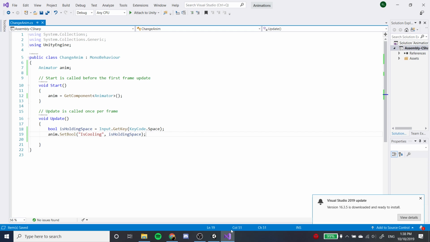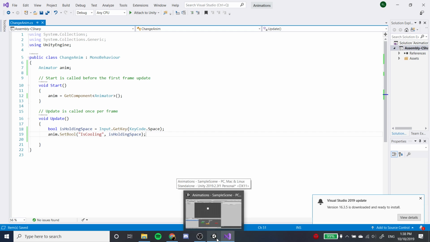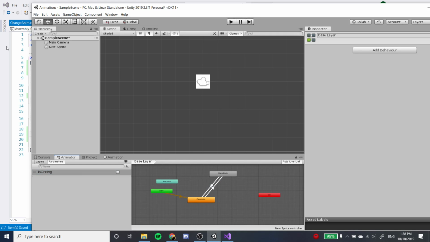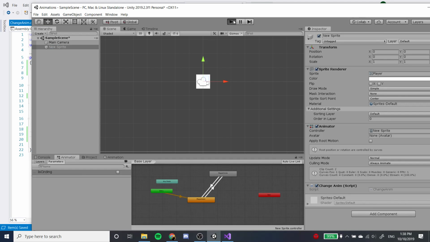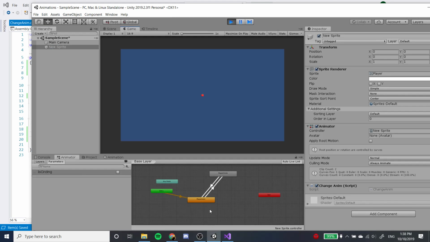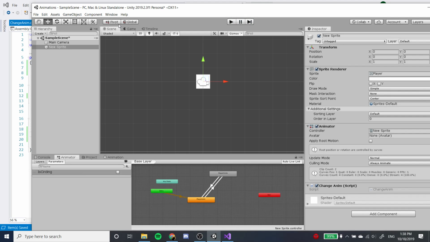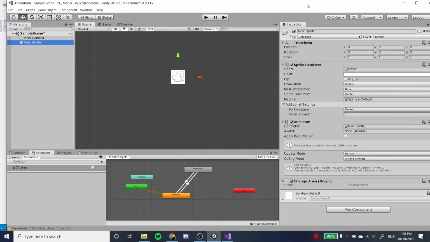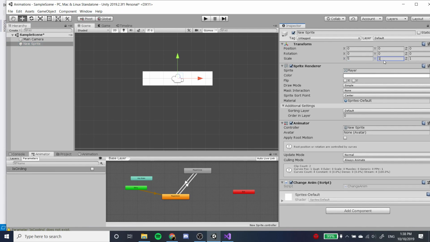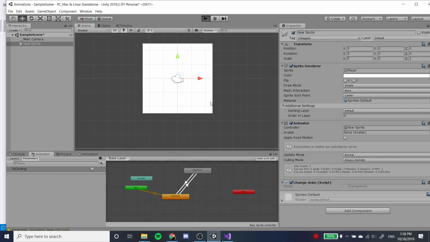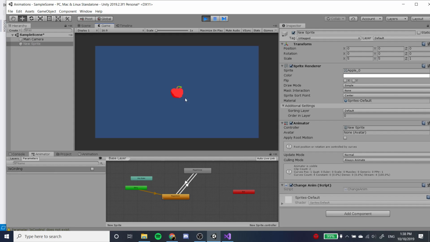If you want to see, basically what it does is this. When we run it, right now it's just an apple on the screen. I should probably make the apple larger, actually. Let's scale up the size of the apple. Let's make it 5 and 5. So we have a ginormous square. So we have an apple here. Now when I hold space,